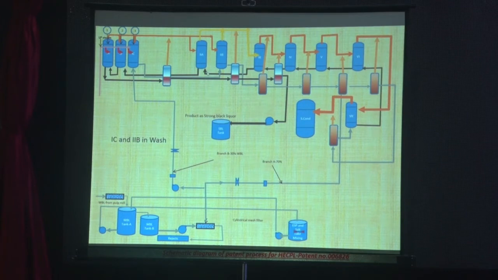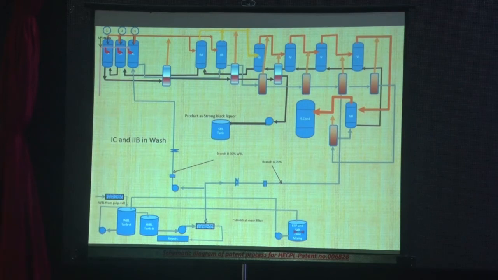Also, if you see, when the liquor moves from the second to third effect, the volume of the liquor decreases and its viscosity increases very high. So it's quite natural that when the viscosity increases, its frictional losses will also increase. Because suppose the first effect has 4 bodies and you are feeding that HPL or 60% solids liquor in the first effect, it will scale up the whole finisher body,